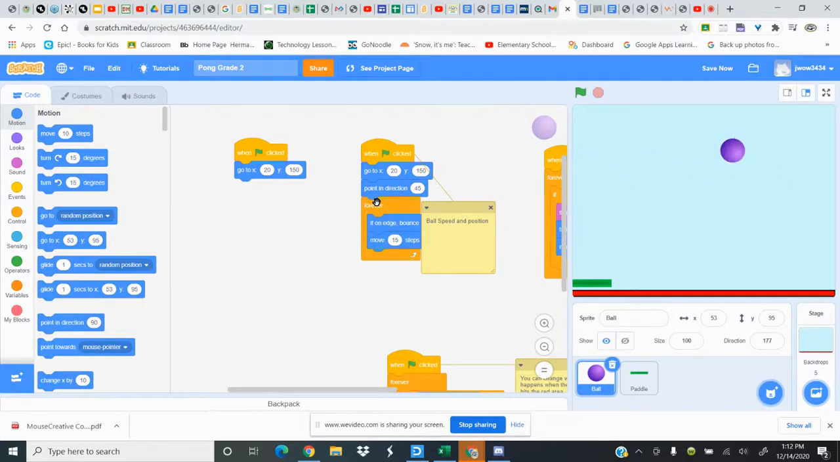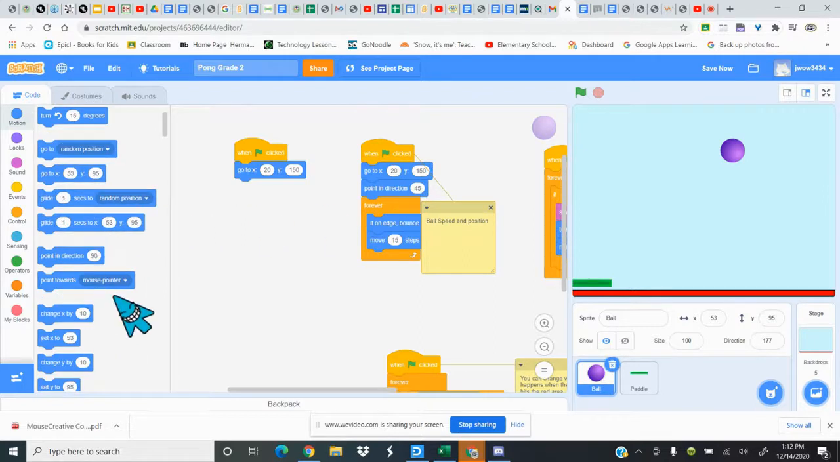All right, and then I'm going to have the ball point in the direction of 45. And the reason I'm doing that is when the ball points in the direction of 90, it's going to go just straight across, and it's not going to go down to hit my paddle. If I change it to 45,